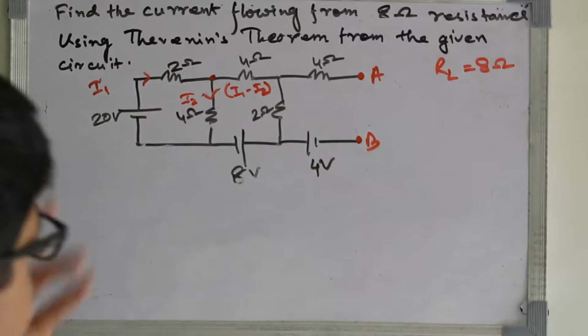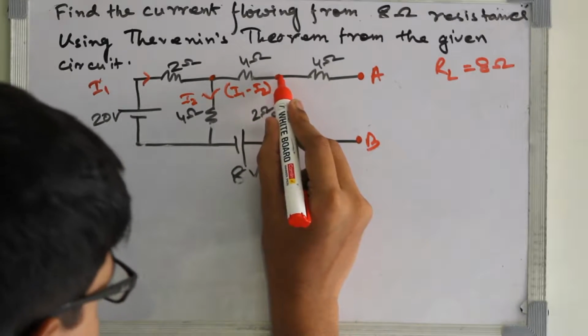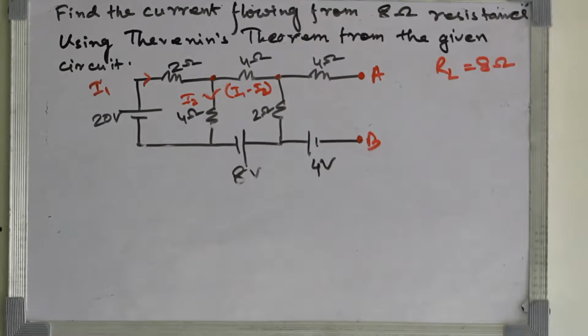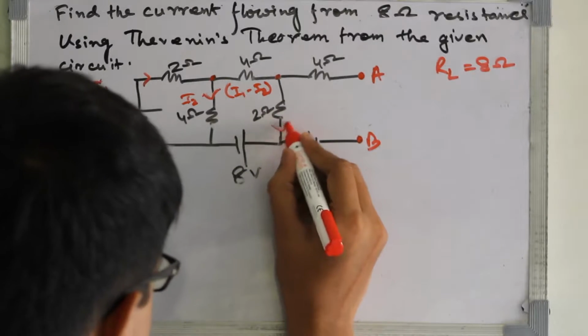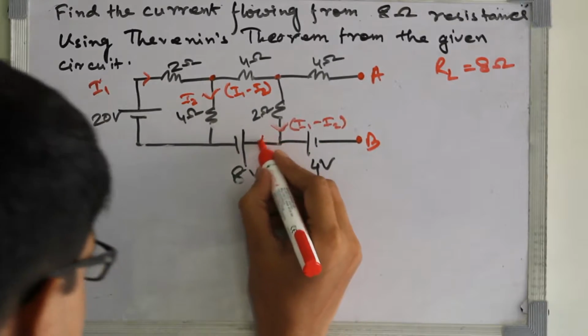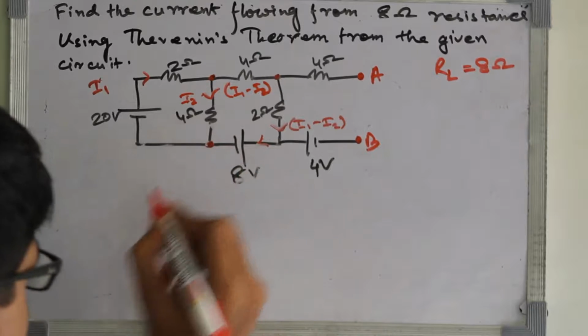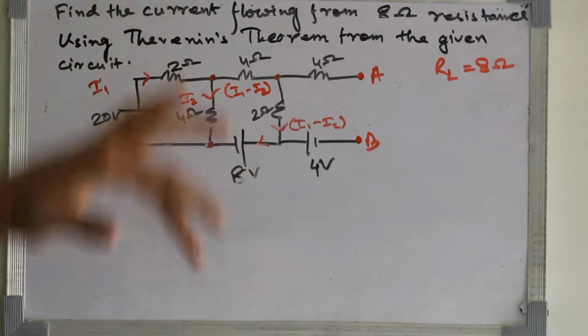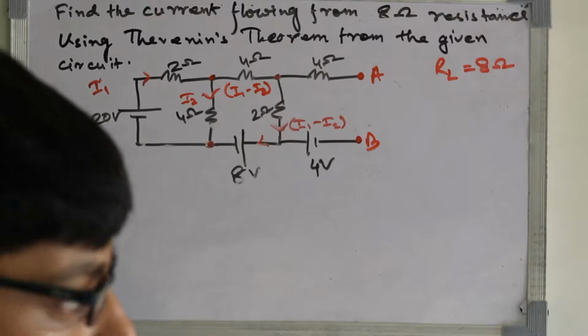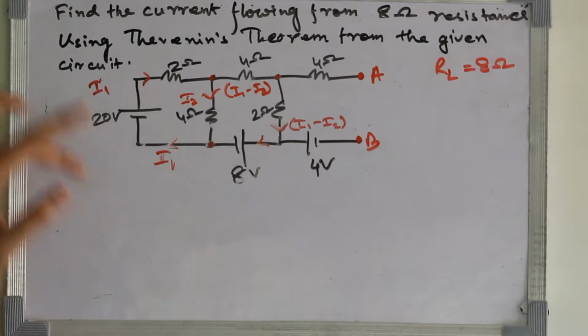Okay. Now next step, when the current comes to this node, it will not go this way because the circuit is open here. So it will go down this way. This will similarly be I1 minus I2, and it will come this way, the same current, and then it will come to this node, and in this node I2 is coming down. So I2 and I2 will cancel, and I1 current will flow from here and I1 will come here. Okay, so our current distribution will be like this.